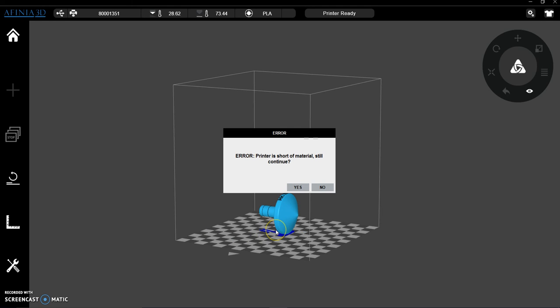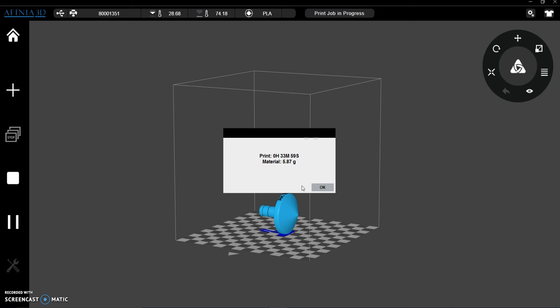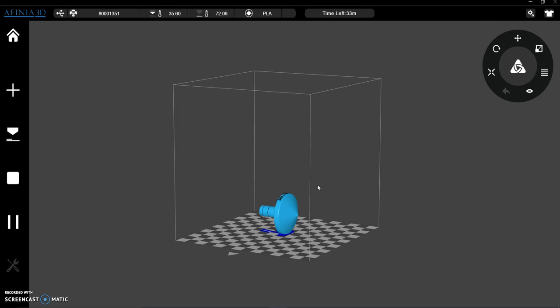And here it starts to say that it's short of material. That's because of the way that we have it set up. I haven't told it how many rolls I actually have up above it. It just thinks there's 1. So click yes to continue. It looks like I have plenty. Okay. And it says it's going to take about 33 minutes, 59 seconds, and use about 6 grams of material. I'm going to stop that momentarily